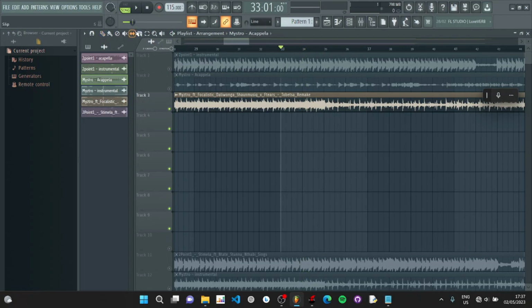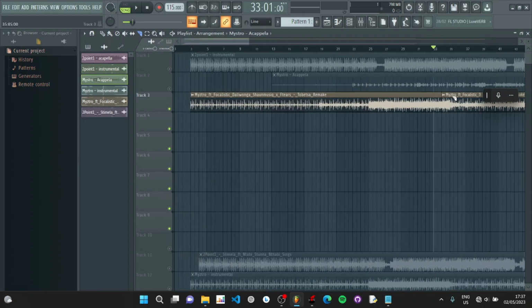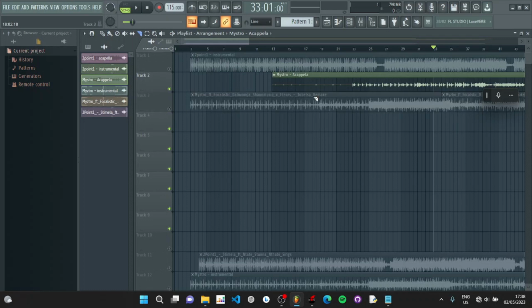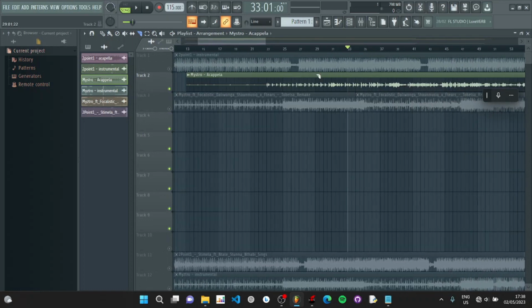What I like to do is use these main lines as a reference. So this is the scissor. You can just come here, slice, and drag it down to draw a straight line. Basically it just splits the track into two parts. Yes, so you can hear this part around here. So we're going to look for the same thing in the acapella and match it with the track.